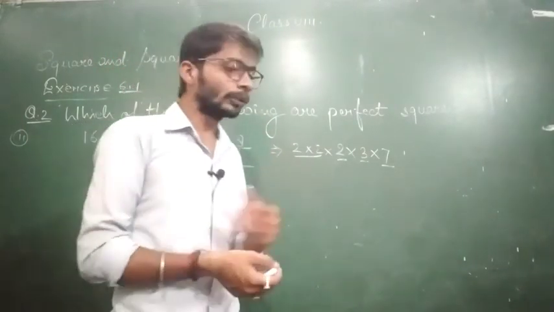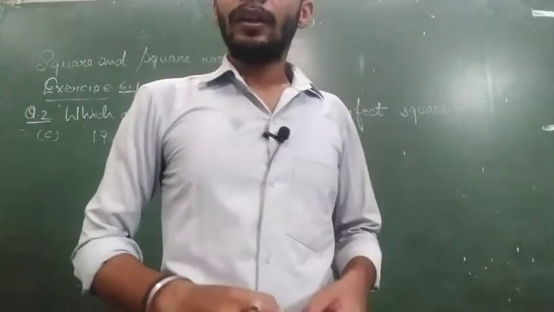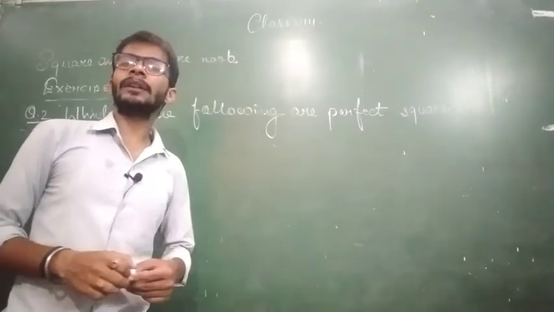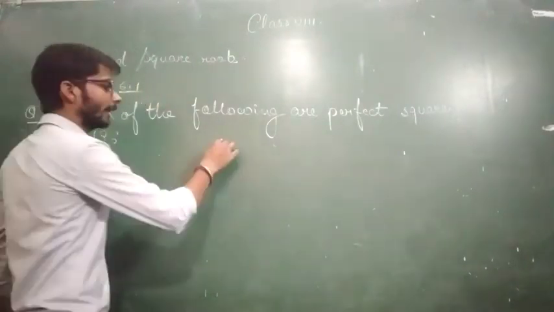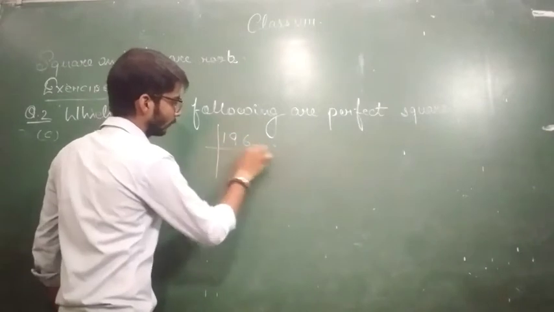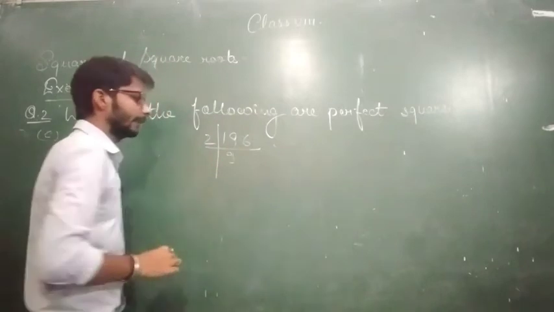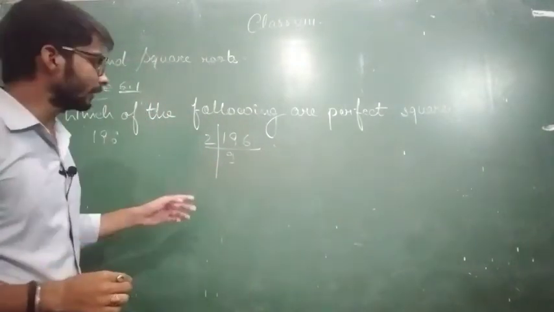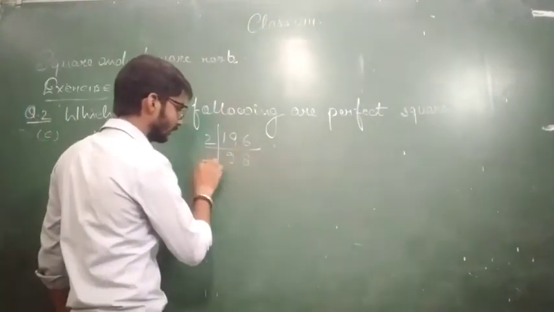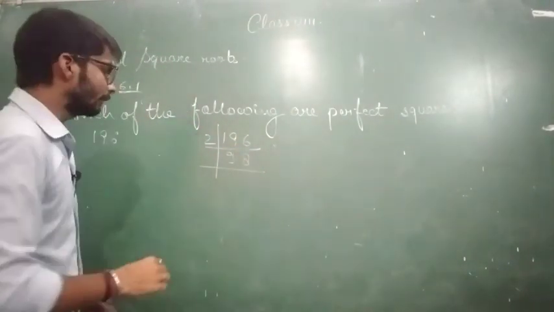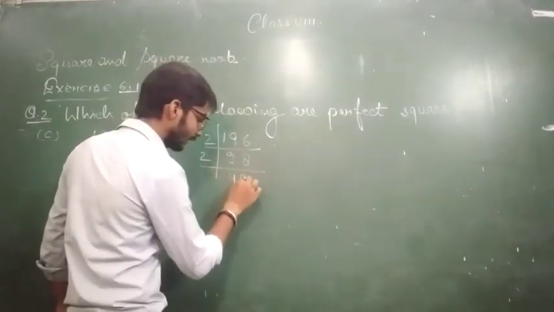So come to the next question, which is 196. Here in the next part, the value given is 196, and again we have to find the factors of the given value 196. So we will write here 196 and now divide it by 2, and we get 2 9s are 18, and 18 subtracted from 19 we get 1, and here it will be 16. 2 8s are 16. Now again we have an even number, so we will divide it by 2. 2 4s are 8 and 2 9s are 18.